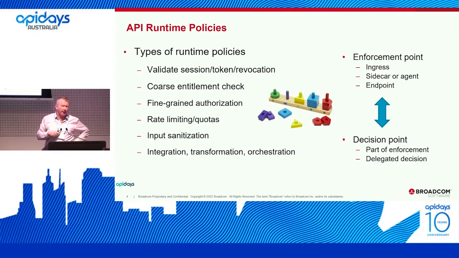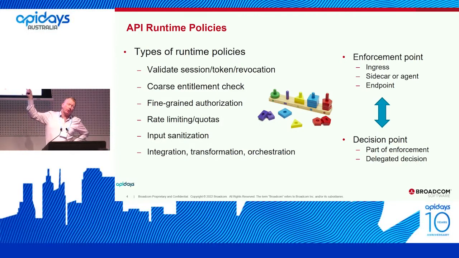And the next two down from that are commonly occurring, but I think they really came to the forefront when we started with these open banking initiatives a couple of years back. You've got these coarse-grained entitlement checks. In the banking world, it's something like: do I have access to accounts A, B, or C, or all of those? And then the fine-grained entitlement check is: do I need to read or write? Can I actually just read the data, or can I update accounts? Or do I have access to the account balances or the account balance in the transaction? So that fine-grained authorization needs to happen in this API runtime as well.